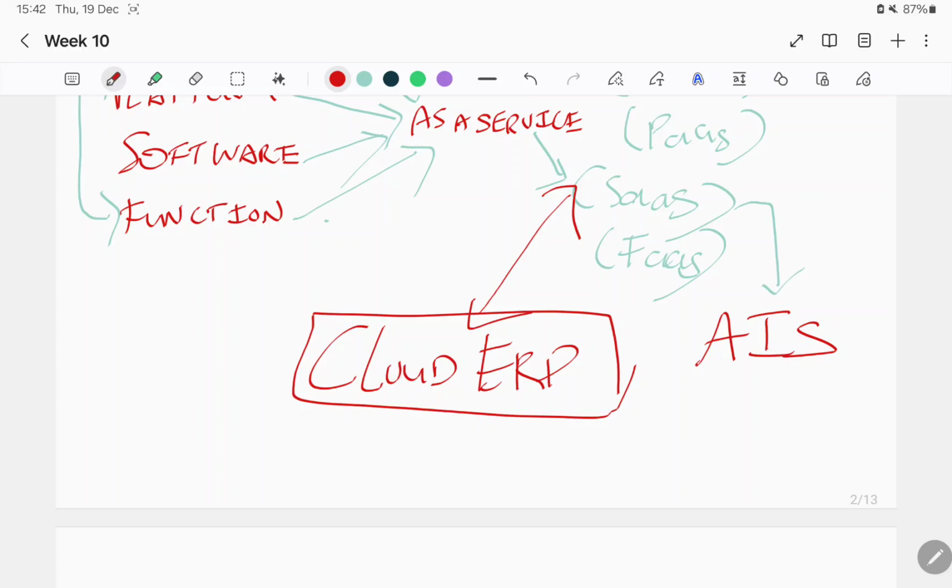It's the same as how you use Google Docs. You don't need to install Google Docs, right? Unless you want to install the extension. But the point is that you don't need to install it to your local disk. Local disk means your system, your computer. But with cloud, you don't need to do it, right? But the old one, you need to install.